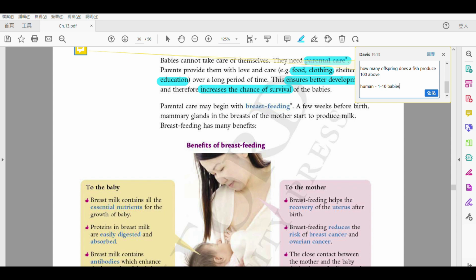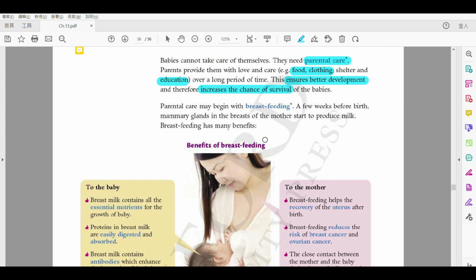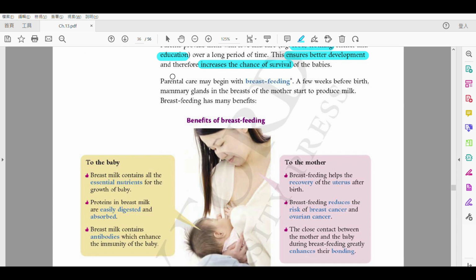Okay? 但係啦 in this case, since we're giving birth to a lower number, 因為我哋生少啲, so therefore we need to increase their chance of survival. 咁你點樣去 increase 佢嘅 chance of survival 啊？點樣確保佢哋能夠 survive better 啊？咁就係 providing 呢個嘅 parental care 啦。OK？